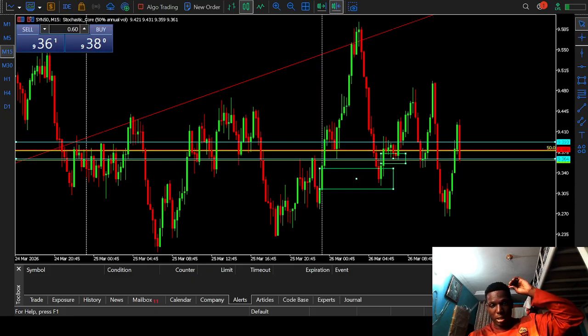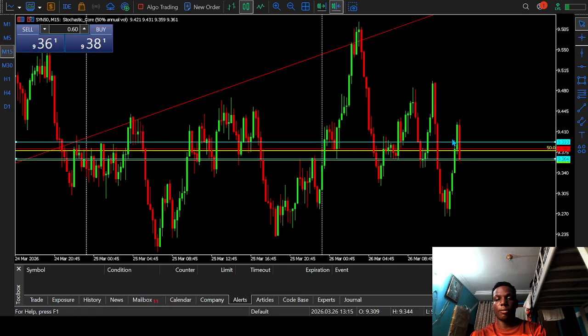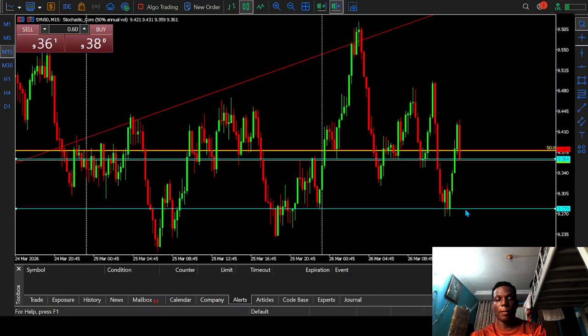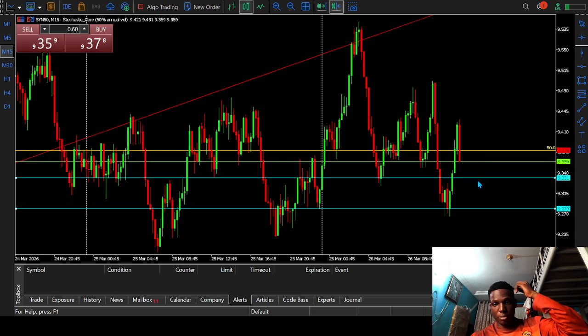I still think that we're definitely going to have a buy for this. I'm looking to try one more time. Okay, so you know, if we see an opportunity, because we already have, let me delete this, we already have one liquidity sweep. Okay, liquidity sweep of this low, and then we have a break of structure here.